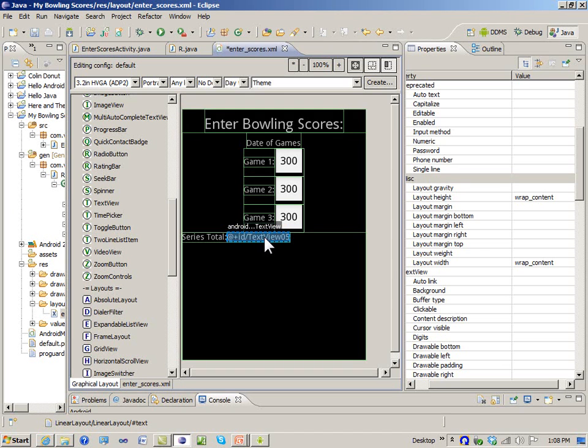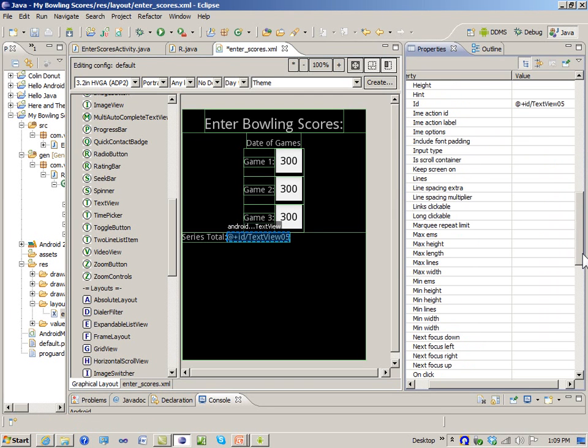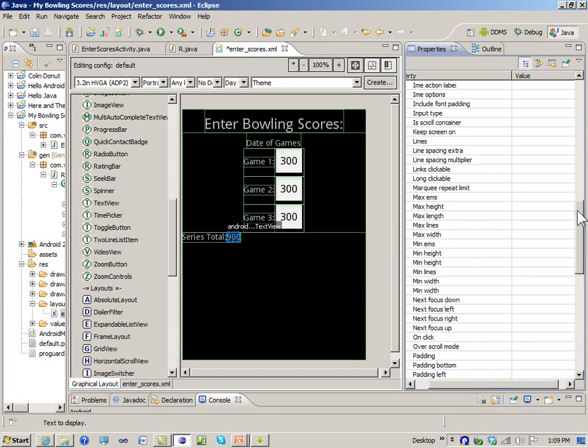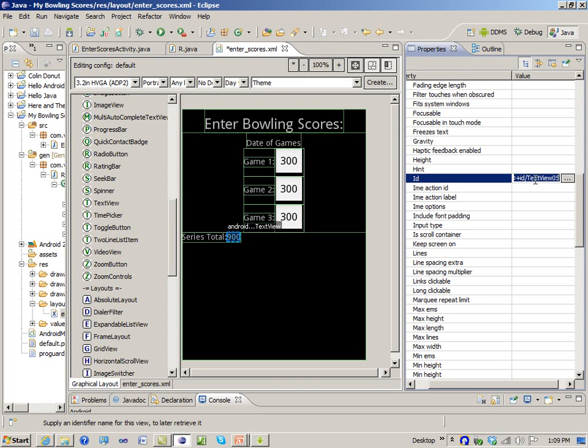And we do have a horizontal linear layout. So this one, I'm going to change the text of it to 900 to kind of indicate that it will be the series total of these three, which are maximum of 300. But I also want to change the ID here. So I want to change the ID to series total